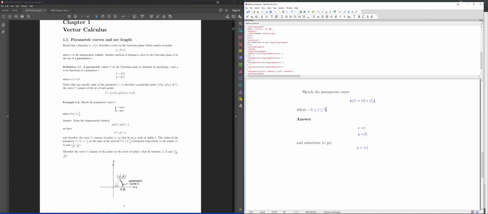In our case with the cos t and the sin t, we started off with x is equal to cos t and y is equal to sin t. And what we did is